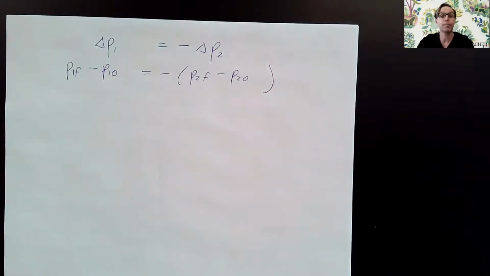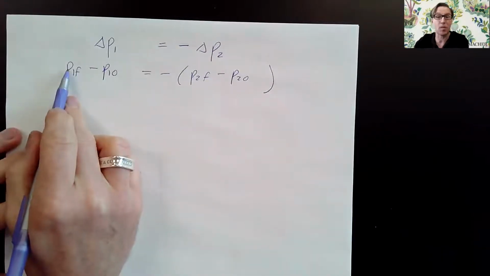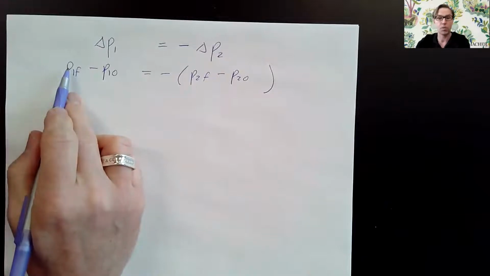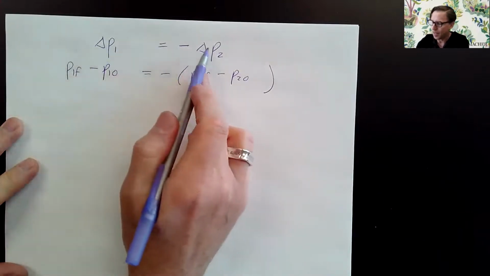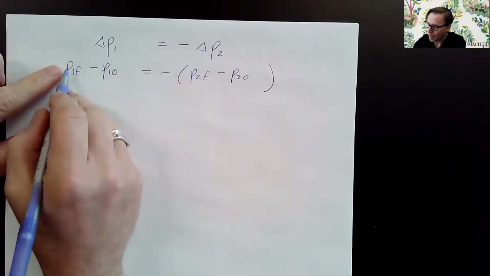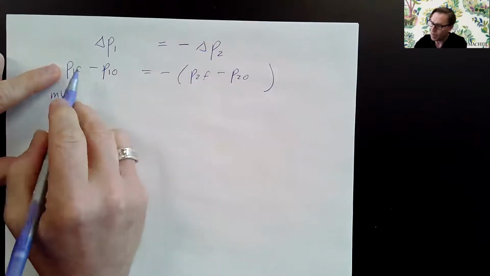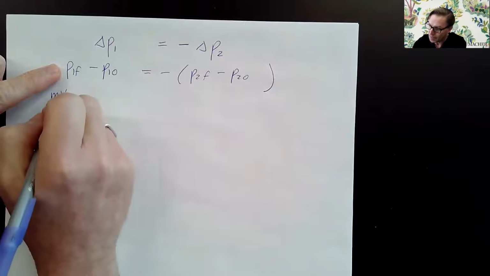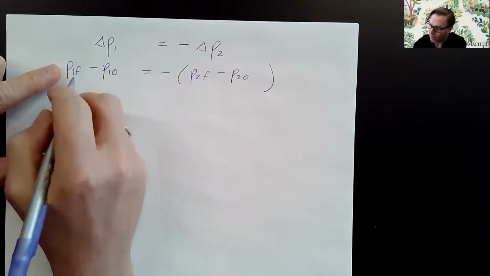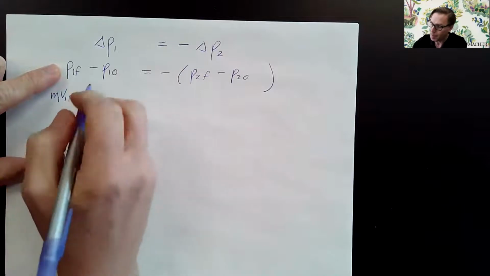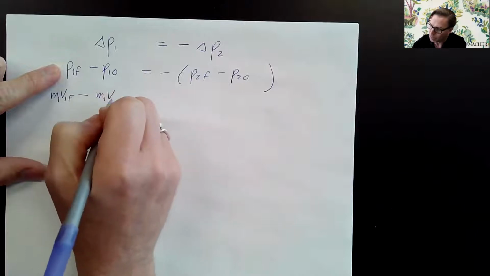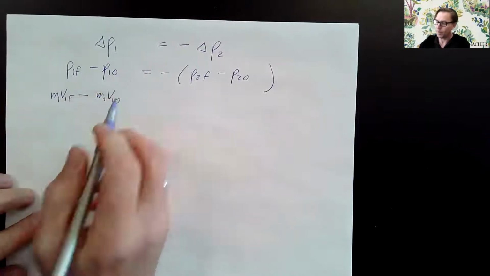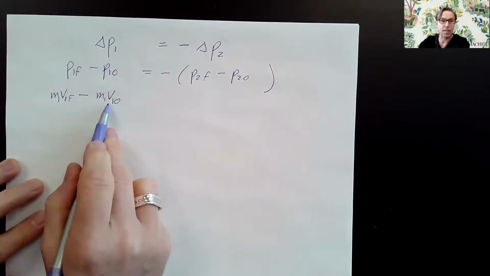You see it? Now, what I'm going to do is replace P momentum with MV. Having this name momentum helped me write this really compactly, but let's spread it out. So momentum MV, momentum 1, that's the mass of object 1, the velocity of object 1, final, M1V1 final, minus the momentum MV of object 1, mass 1, velocity 1, initial. So I've got M1V1 final minus M1V1 initial